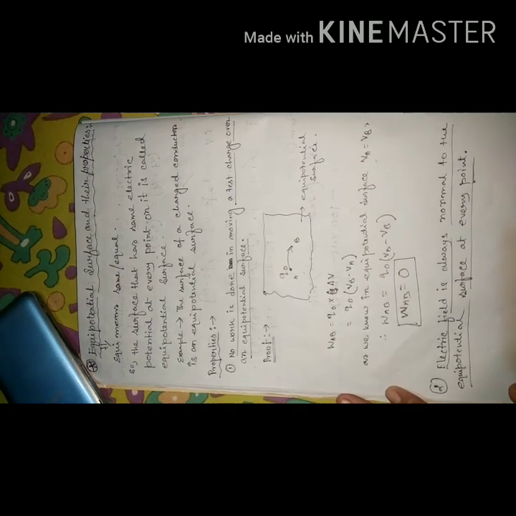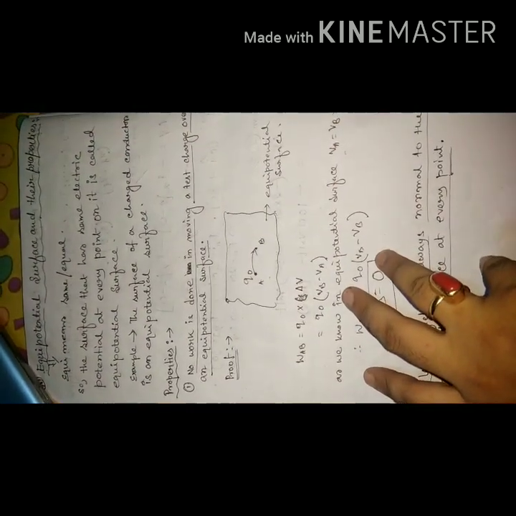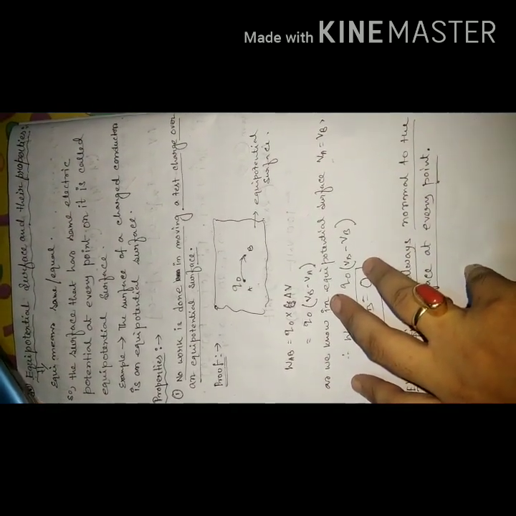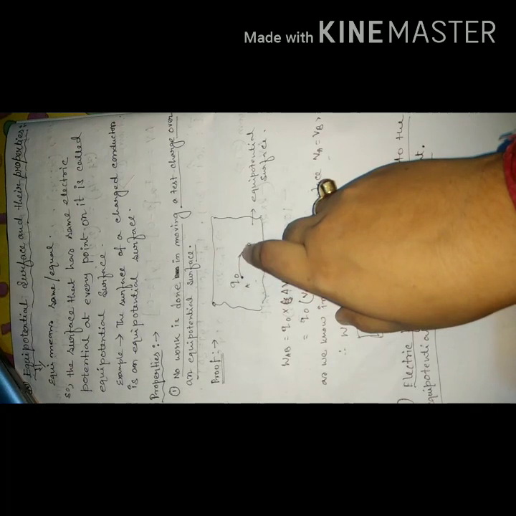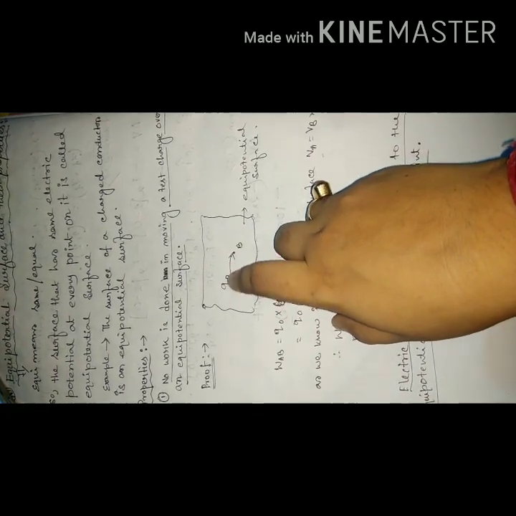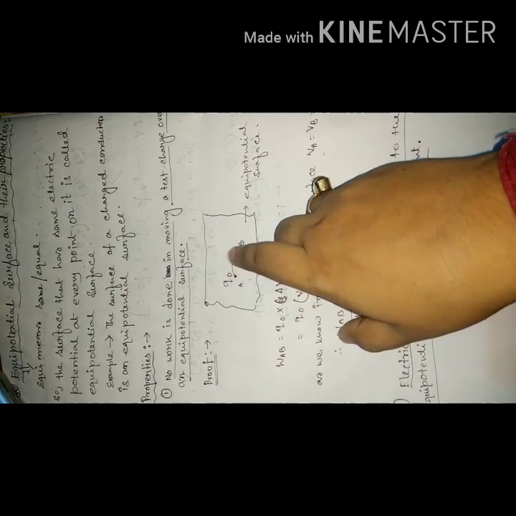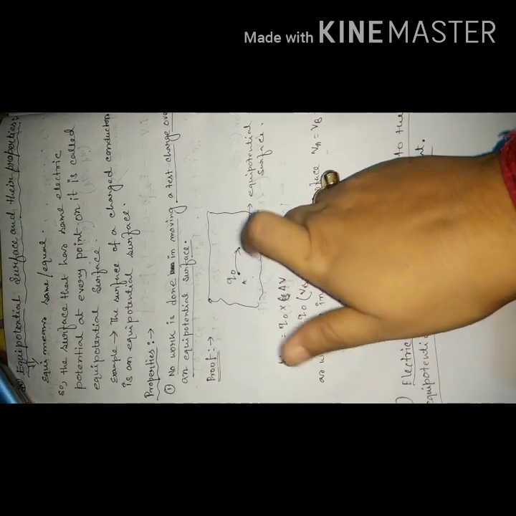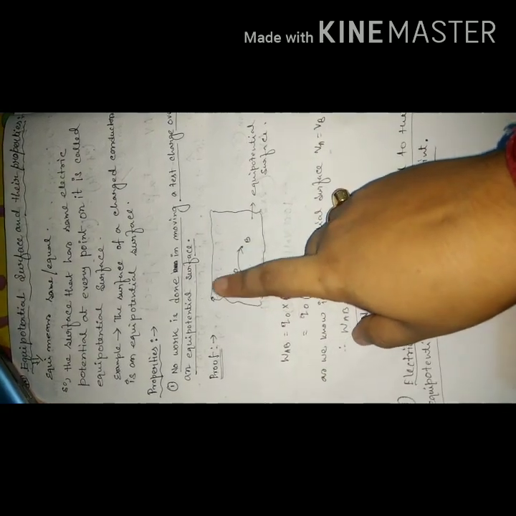Now, this is an important and special type of surface. If anything is special, it has some properties, so this equipotential surface also has some properties. Let's discuss those properties. First property: because the surface has equal potential at every point, consider this an equipotential surface with two points A and B, and we move a test charge Q0 from A to B. Some work has to be done by Q0 against the electric field or the force, which means a source charge must also be there.